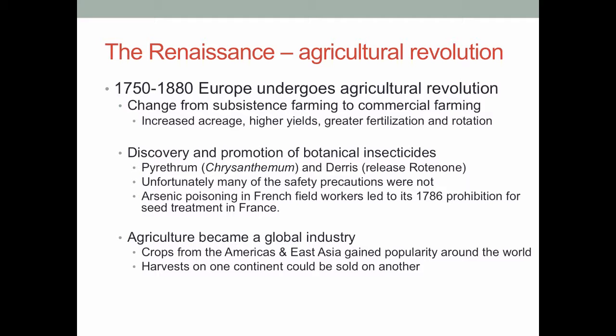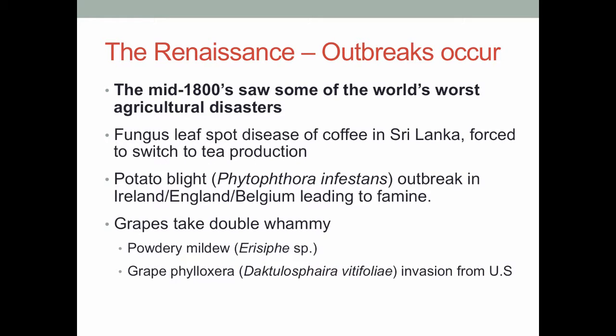Very little of it stayed in the continental US because they could get really good prices in Europe for it. So just a huge shift in how we thought about agriculture. And ultimately, all of these things came together to also create a system which was really ideal for pests. So we increased productivity, we decreased the number of people working on them, we created this global situation, and all of a sudden we had set up a system that was really great for pests to move in and take advantage of. And so in the mid-1800s, we saw some of the greatest agricultural disasters that ever happened because of